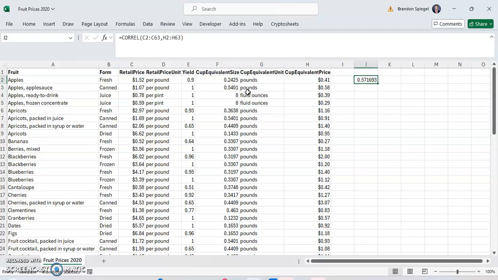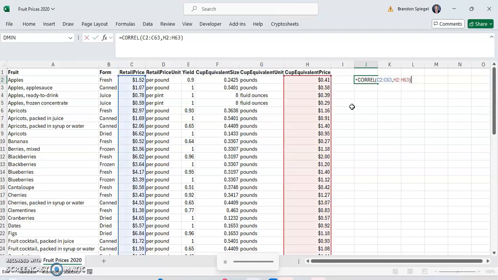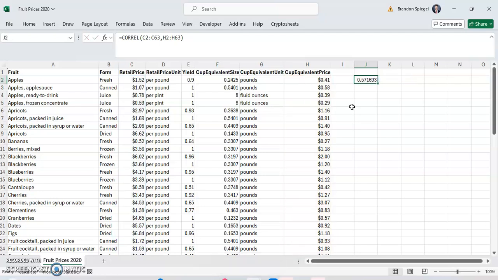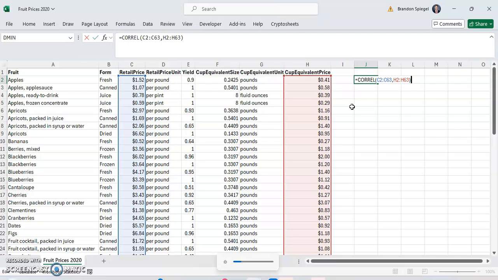As you can see, there is a positive correlation between the retail price and the cup equivalent price, but it isn't very high because it's just 0.57. Now, one thing to note too regarding the correlation function is that one, it's very easy to use, but